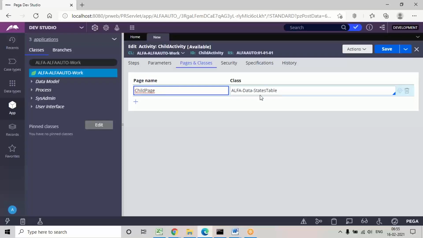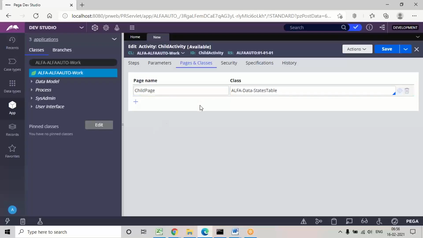So here for the states table, you can give any user page name, and this page will be added to the clipboard. That is one purpose. Another thing is, under this table, if you want to use any properties, two columns are there in this table, so to use the columns from this table, this page will act as a reference page. So two things we will be doing with this page. It will act as a reference page for the properties under this table, and we use this page to debug any data from the clipboard level. In this table, if we want to perform any debugging, we can debug using this page.